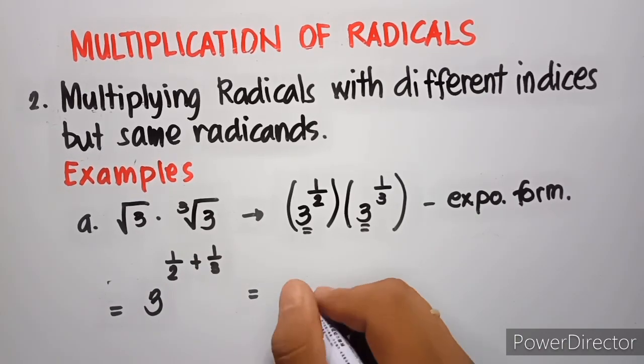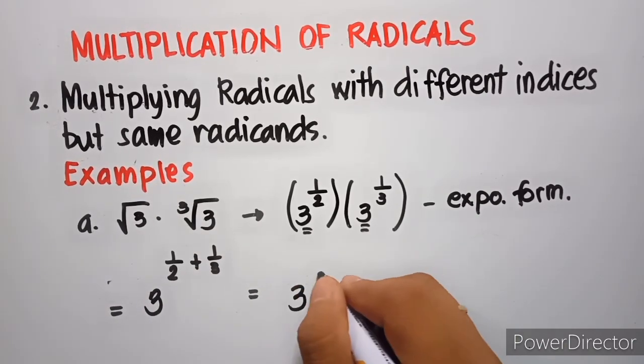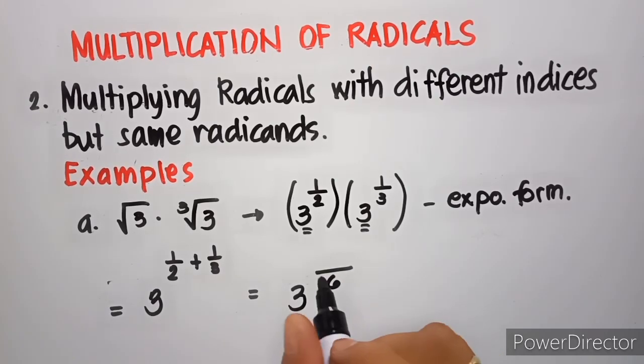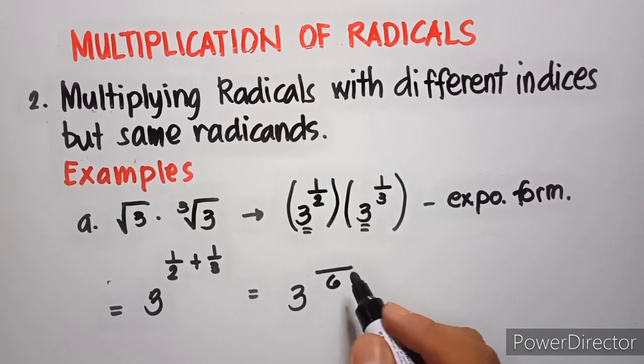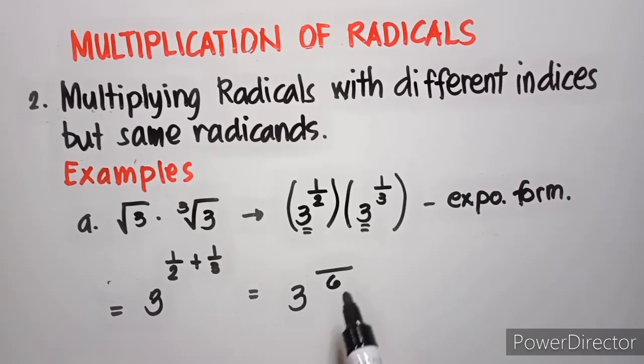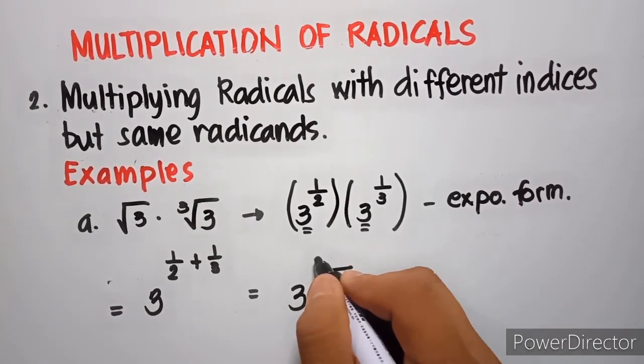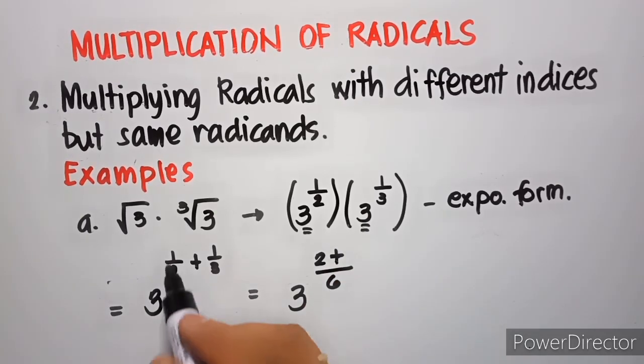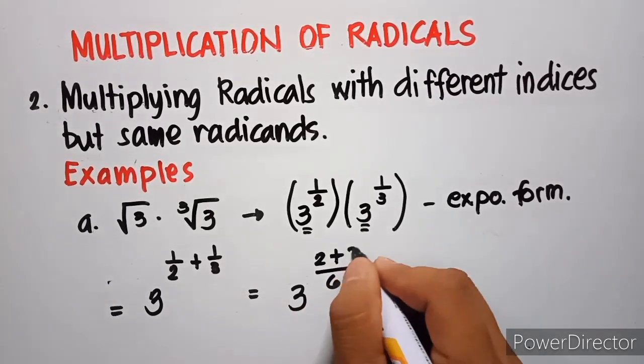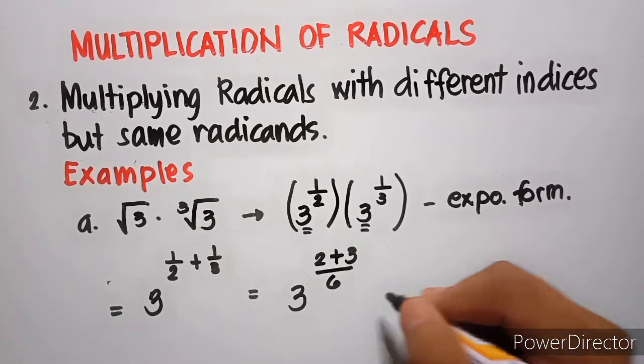by getting the LCD. So we'll have 3, then our LCD is 6. Then for us to get the numerator, i-cross multiply natin. So we have 2 times 1, that is 2, plus 1 times 3, that is 3. So the answer is